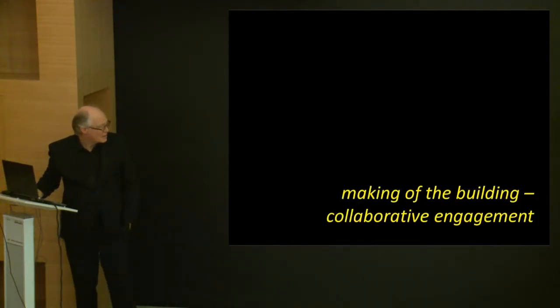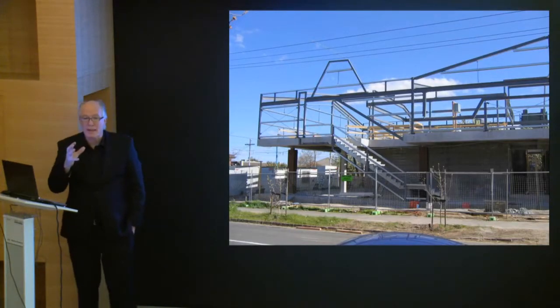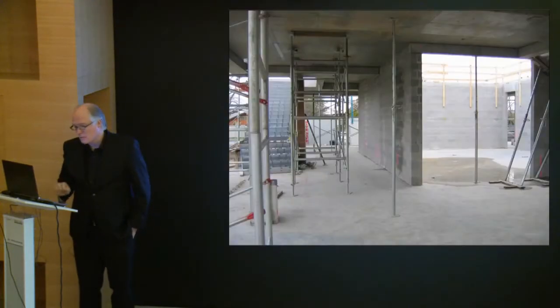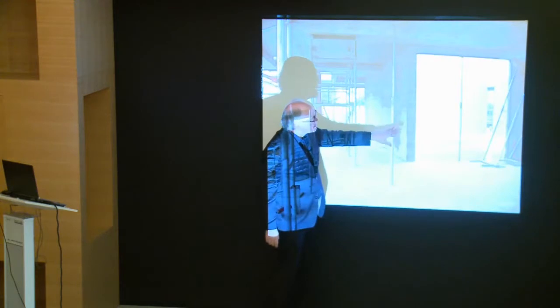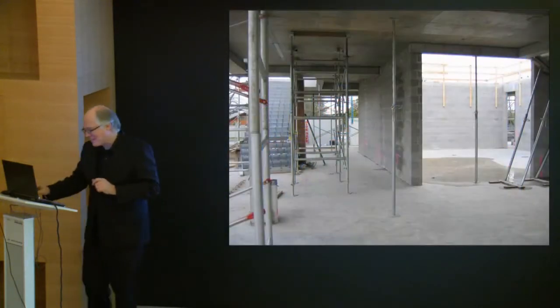Then I'll just finish. I've got just another five minutes or so, because I thought as architects you'd be interested to see the making of the building. It was an incredibly collaborative process. We had a tremendous builder who had a team of specialists to make the building. This is the white cube under construction, and the council had letters asking why there was a squash court complex being developed in Cotham Road